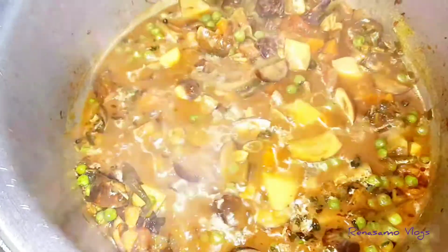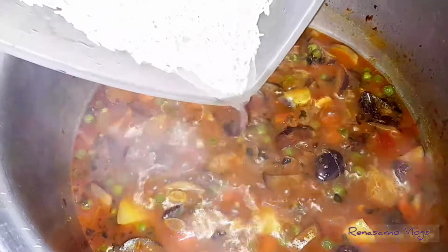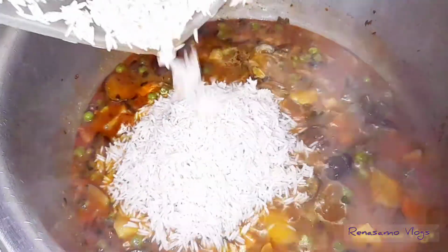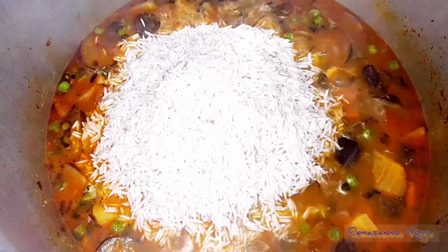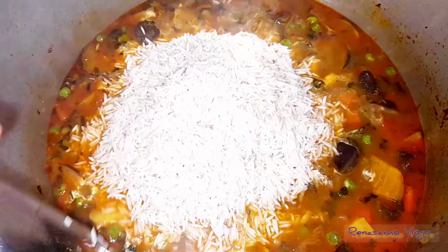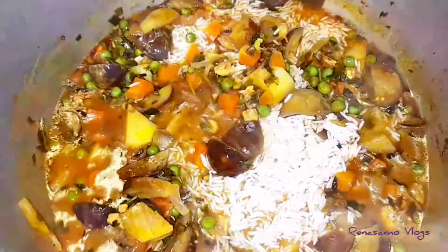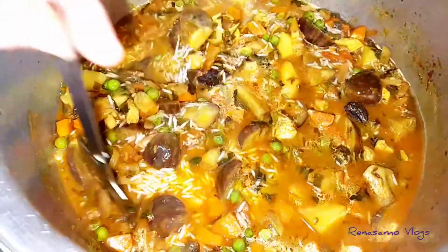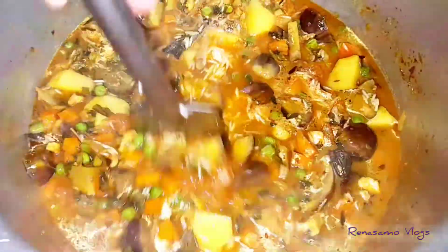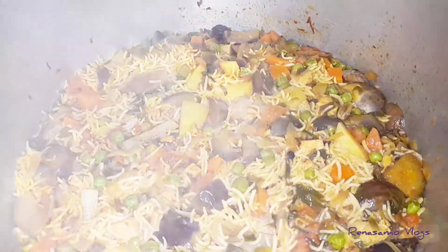Now this is the time to add the soaked rice. Strain the water. One glass of soaked rice. You can add according to your choice. Mix it again, and then we are going to cover the lid. After 25 minutes,